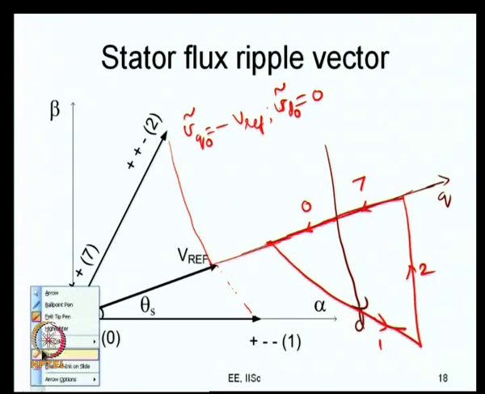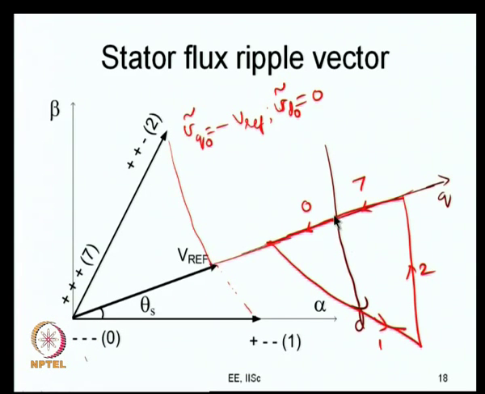Let me just tell you again. So, this is the origin of the dq. So, the time is 0. This is the starting instant of the subcycle duration. For the first Tz by 2 seconds in the subcycle, you are applying the 0 state, minus minus minus. When you are applying the 0 state, you are applying the null vector, and the desired vector